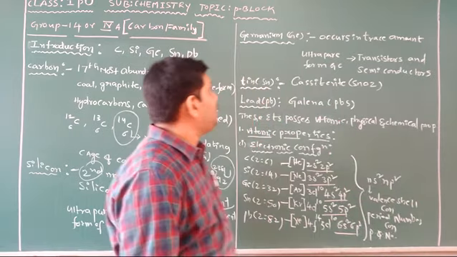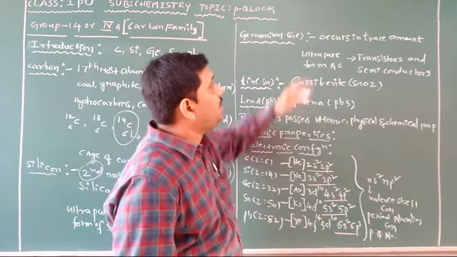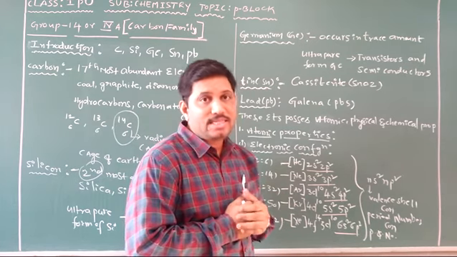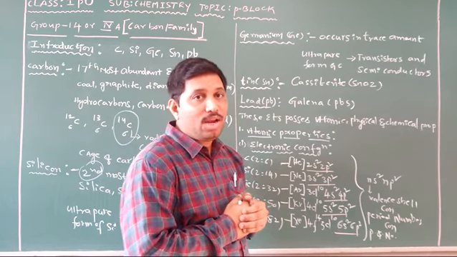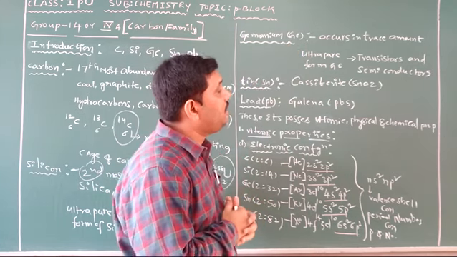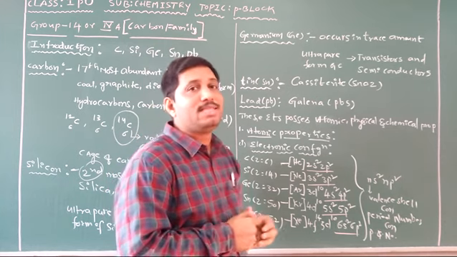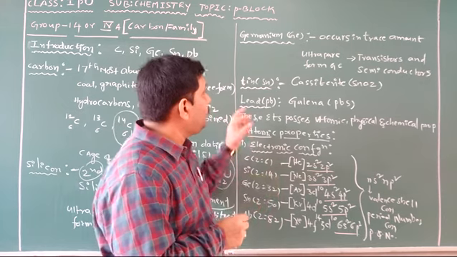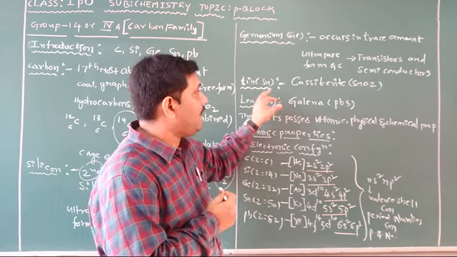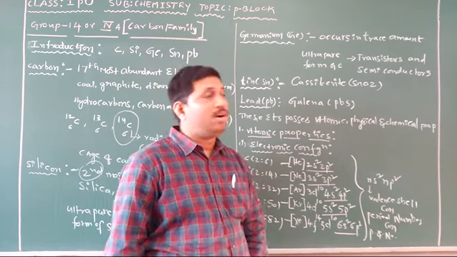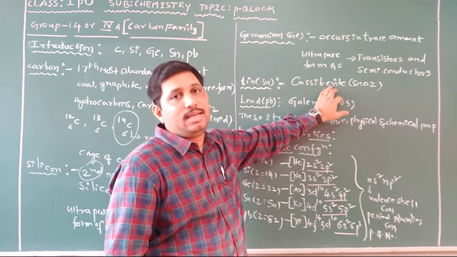Next one, students, germanium, the third element, occurs in a trace amount. Germanium is available in the earth crust in a trace amount, that is a very small amount. The ultra pure form of germanium is used in making transistors as well as semiconductors. Tin, which is known as stannum, is available in the earth crust in the form of cassiterite,